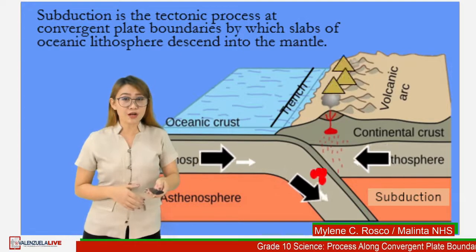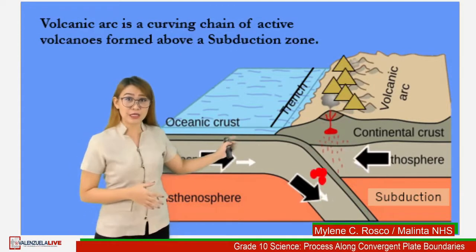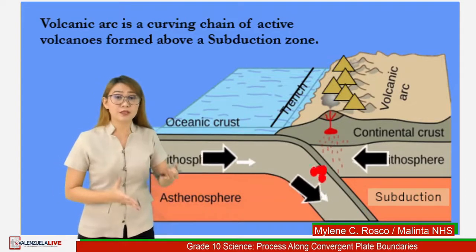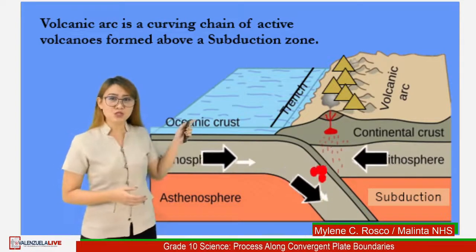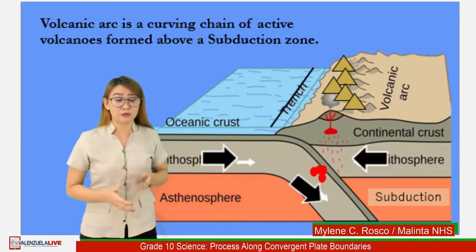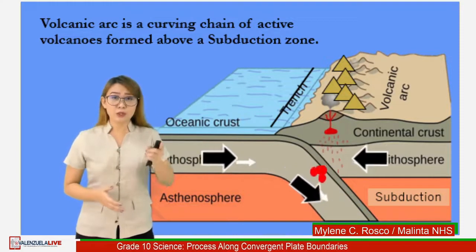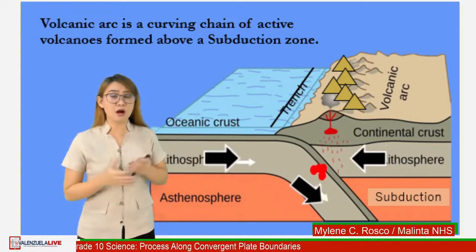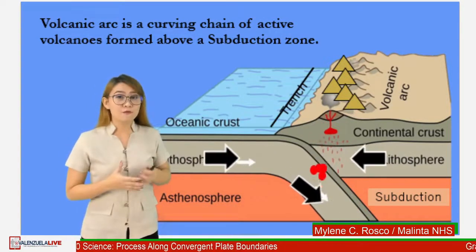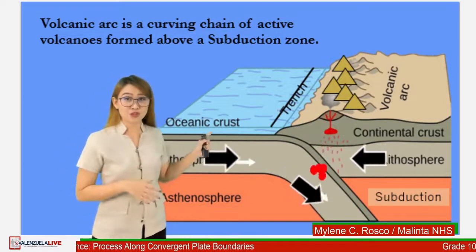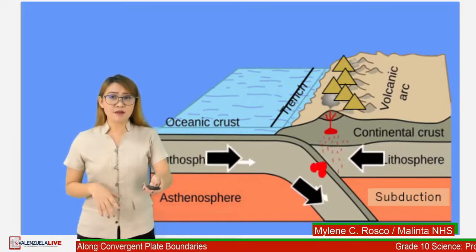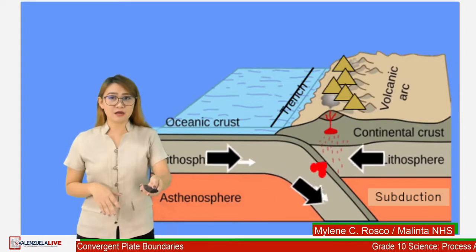Alright, so you are correct. There will be formation of volcanoes and there will be possible volcanic eruption. So this chain of volcanoes is what we call a volcanic arc. When we say volcanic arc, these are curving chains of active volcanoes formed above the subduction zone. Now, a specific example of a volcanic arc